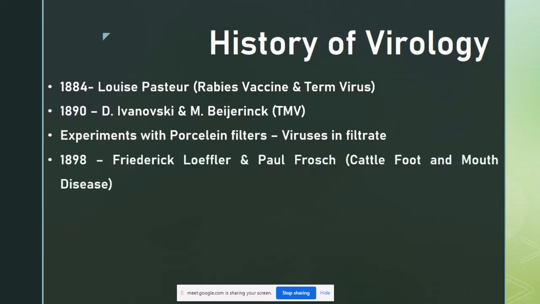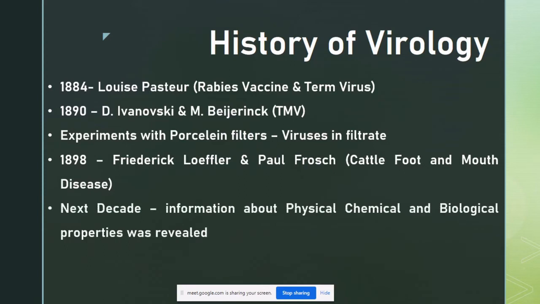Then in 1898, another two scientists worked together, Frederick Loeffler and Paul Frosch, who came up with the disease in cattle, which is called foot and mouth disease. Okay, FMD, very well known, and second in line after TMV to get discovered, which was a cause of a